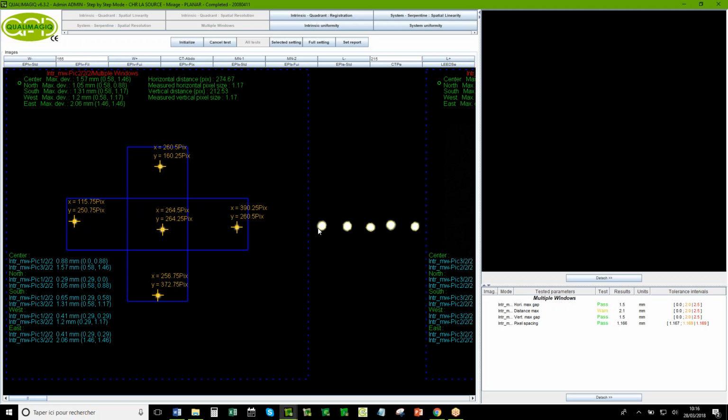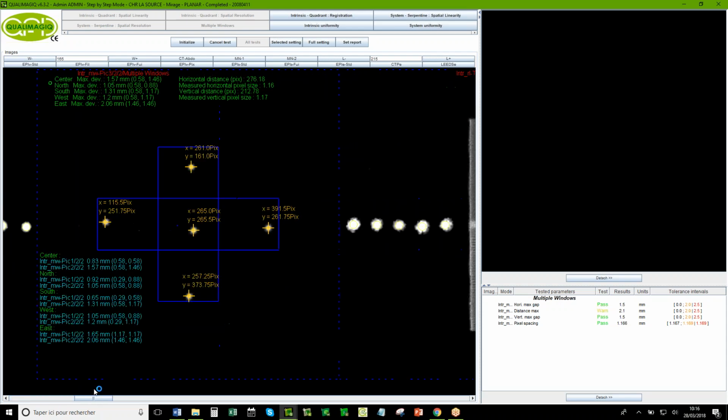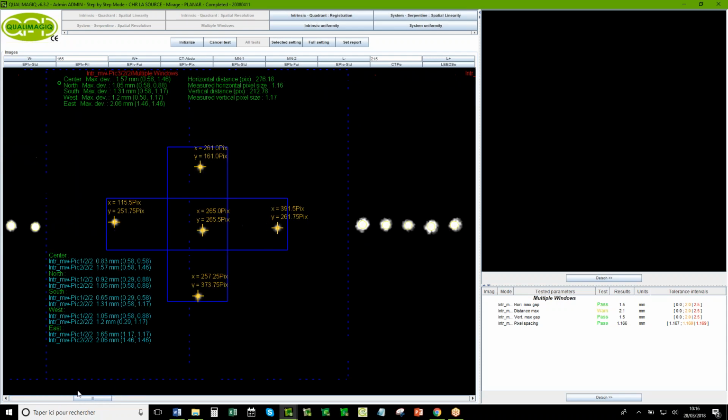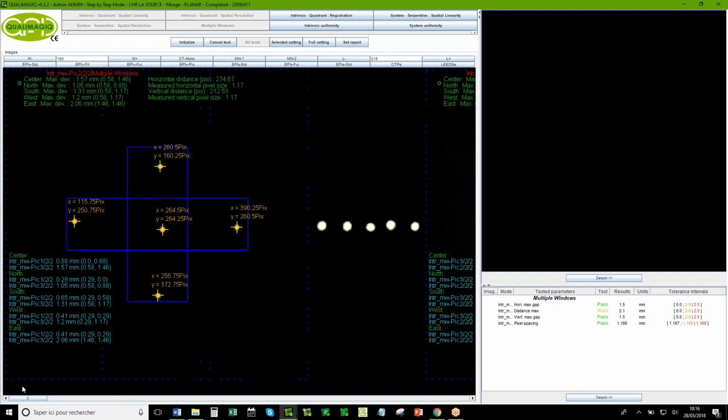And here on the right of each image, you have the detection. As you can see, we use a magnification factor to increase the precision. Okay, and you can see again here and here. So 3 times we detect the 5 sources.